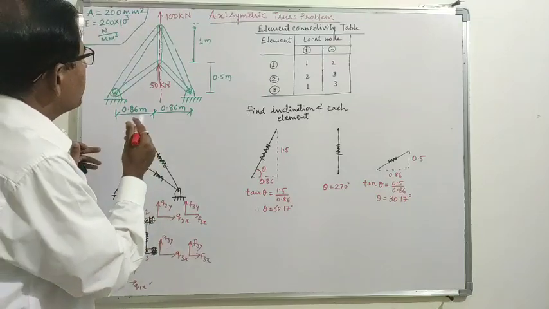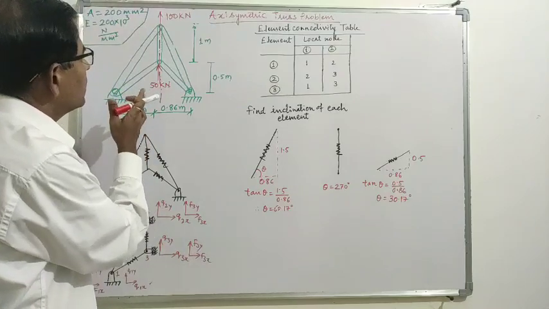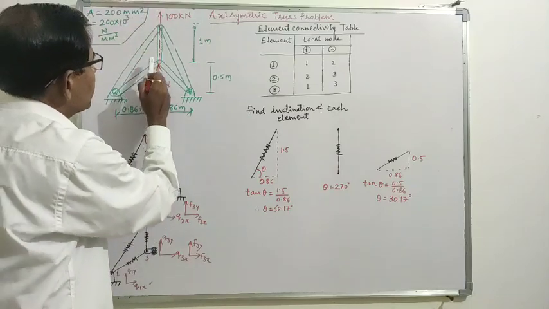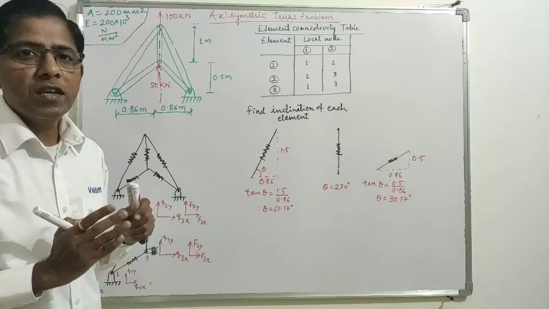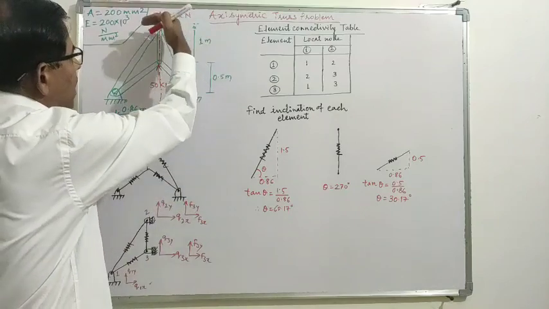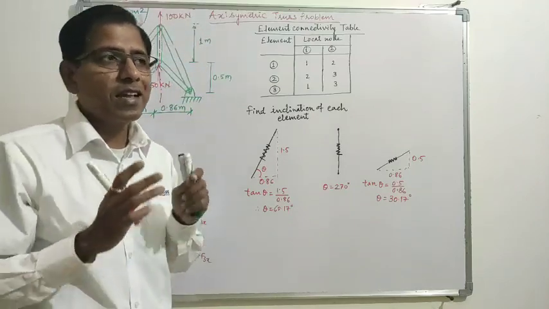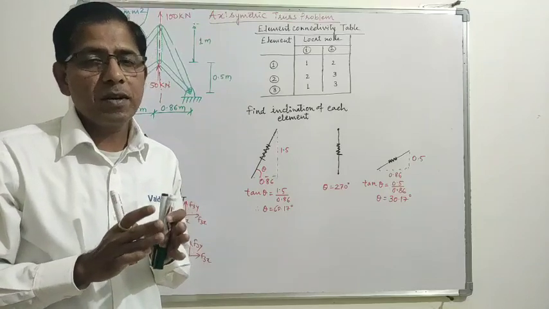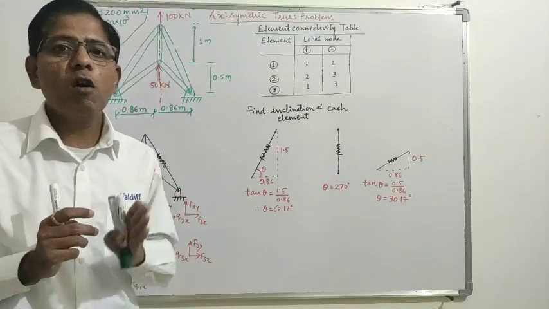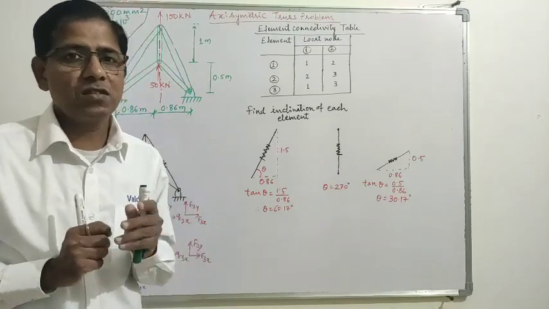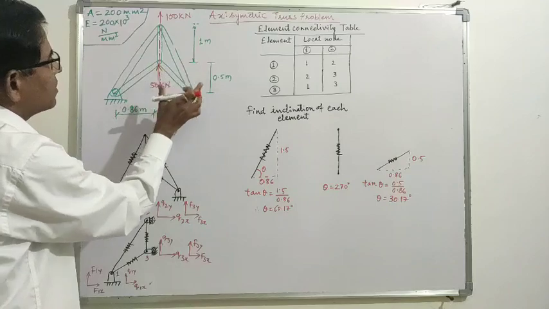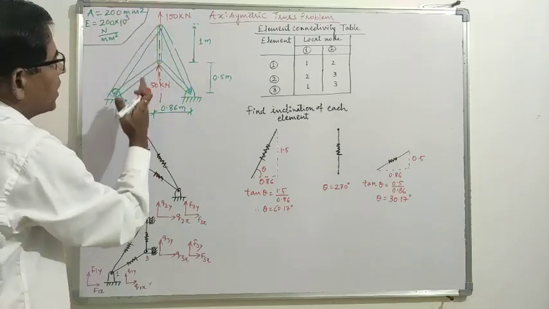The primary requirement of the problem is that it should be symmetric about the axis, and at the same time the direction of forces should also be in line with the axis. If the forces are perpendicular to the axis of symmetry, then such problems are not treated as axis symmetry truss problems. Always remember that the direction of force should be along the symmetric axis. So here we can see that the problem is symmetric about this vertical axis.